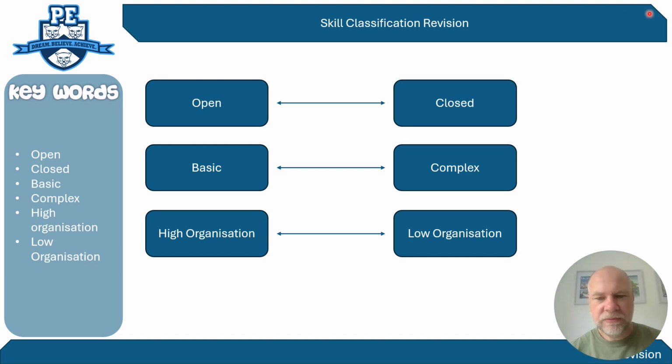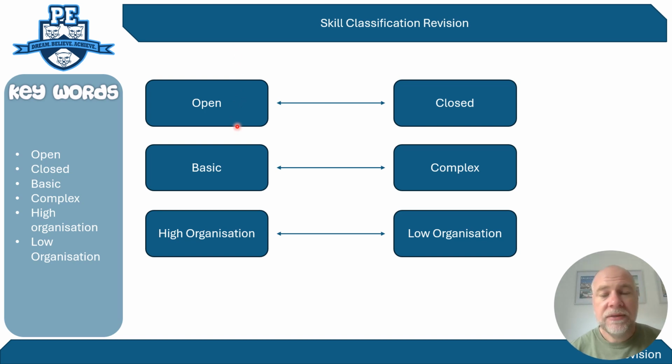Hi everyone, today we're going to be looking at skill classification for GCSE paper 2. We're going to be looking particularly at the continuums of open and closed, basic and complex, high organisation and low organisation. So just before we start, we've got to remember that when we look at skill classification, we are